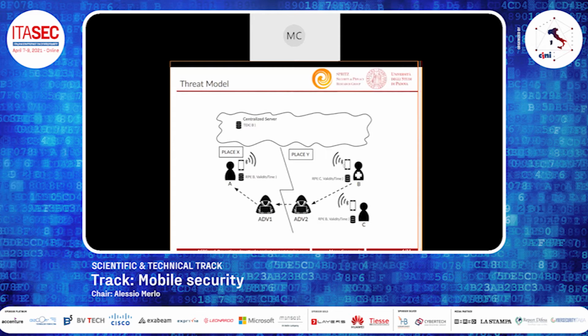C downloads the TEK, derives the RPI, and sees that it matches. And this is correct because B and C were in the same place at the same time. So that's good. And C receives a risk exposure notification. Then we have A that does the same and downloads the temporary exposure key, the secret seed, and finds a match because she memorized the same value as C. In this case, it is wrong because A was nearby adversary 1, but not B. So that's how a relay attack can be performed, and it will always be effective on this kind of apps, or at least on this kind of framework, the Google and Apple framework.